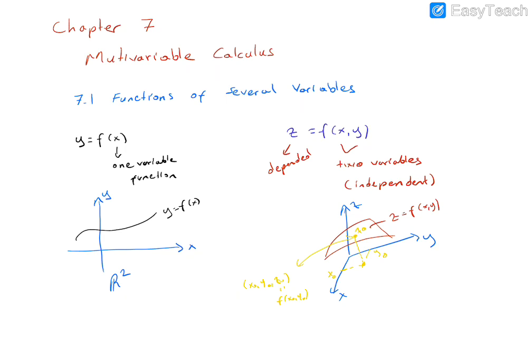labor and capital. How braking distance depends on both the weight and speed of a car. This is a very physical problem. Or how resistance in a blood vessel depends on both its length and radius. So there are several applications for two variable functions. In general, the number of variables can be 3, 4, 5, etc. That's called a multi-variable function. But in this course, we will focus on just the two variable case.